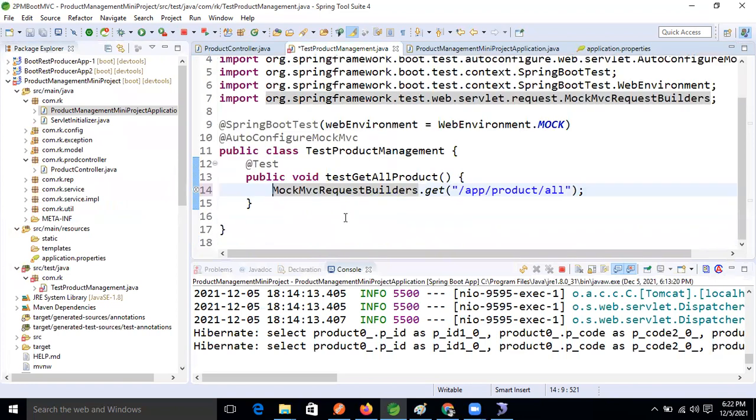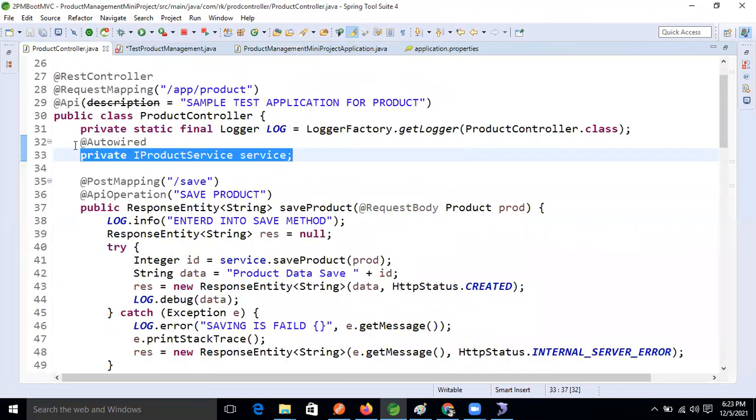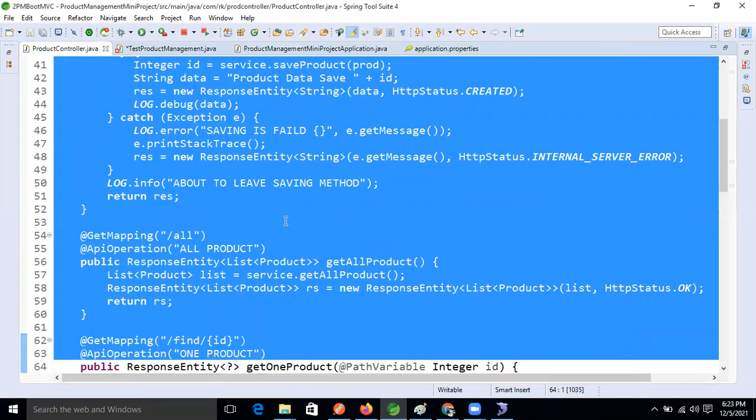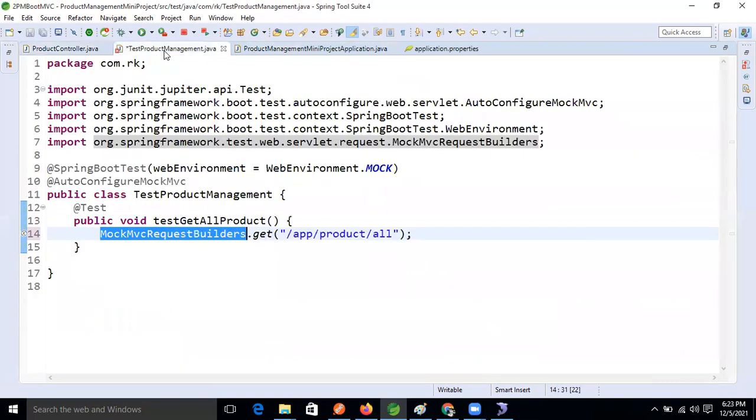Based on this method only we will make the request, and it will activate our container. Our application will generate the objects, creating them in memory. All the dependent classes and whatever objects are there will be generated, and that data will be stored in a separate memory. Based on that we will check it.